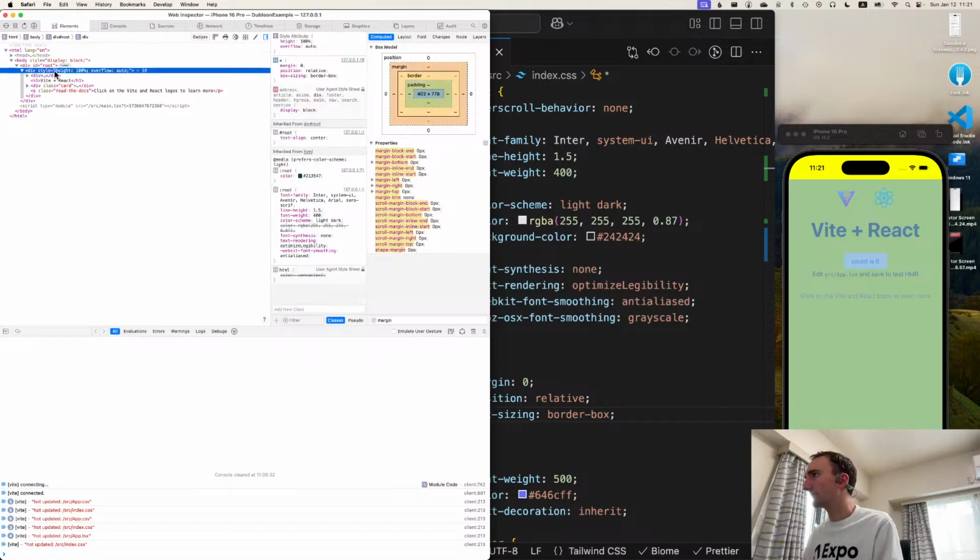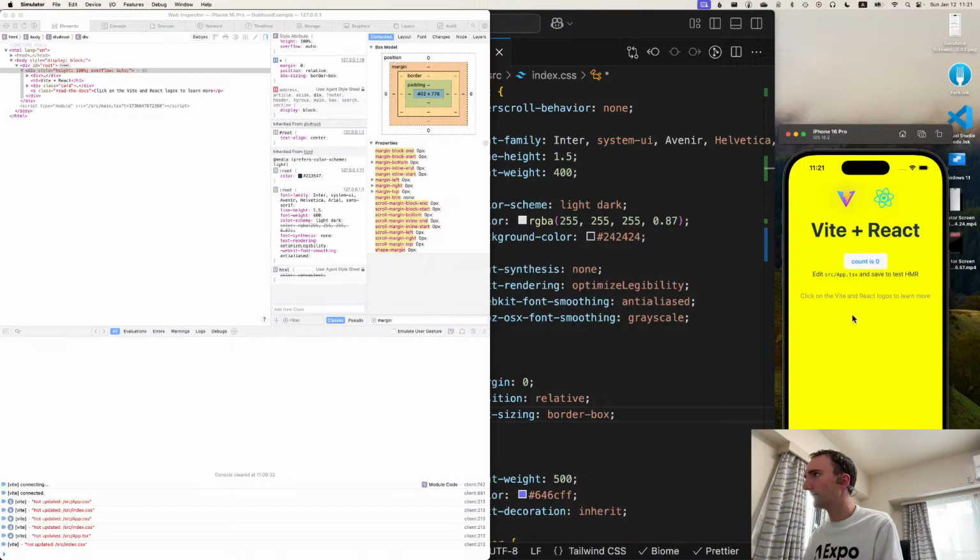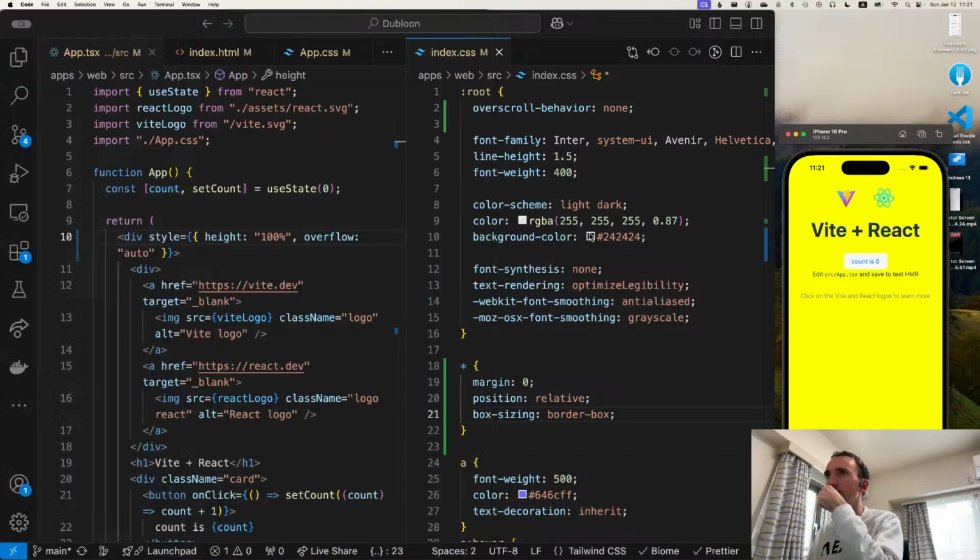So now we have 100%. This is fitting all inside, and look at that. Try scrolling it. There's no overscroll, so it's not going to overscroll, which is just great. So now it's very much like a native app. It's sitting inside a safe area, and we can prove that